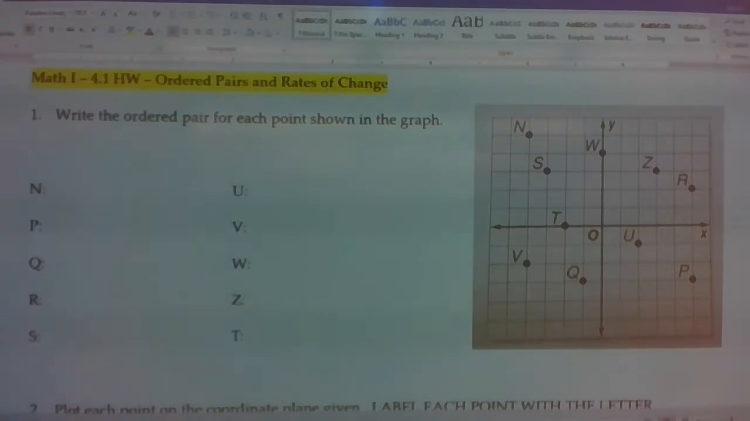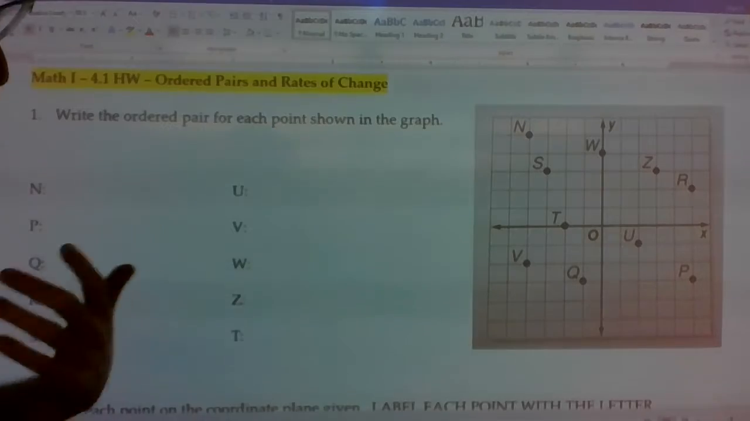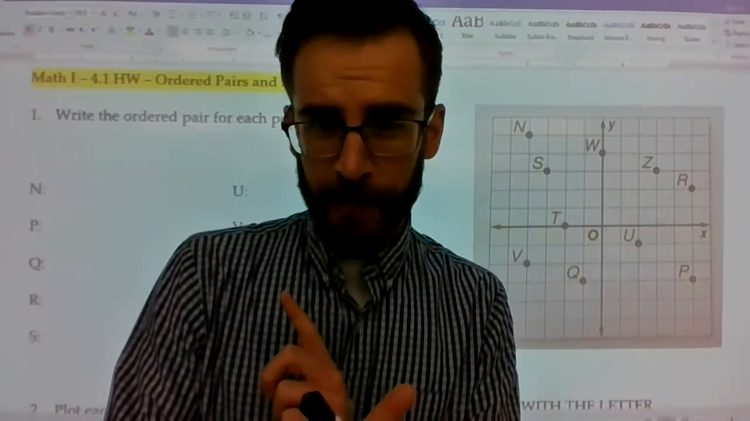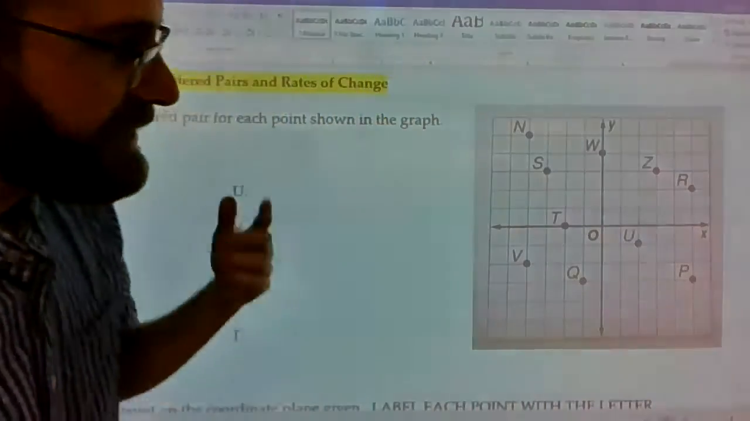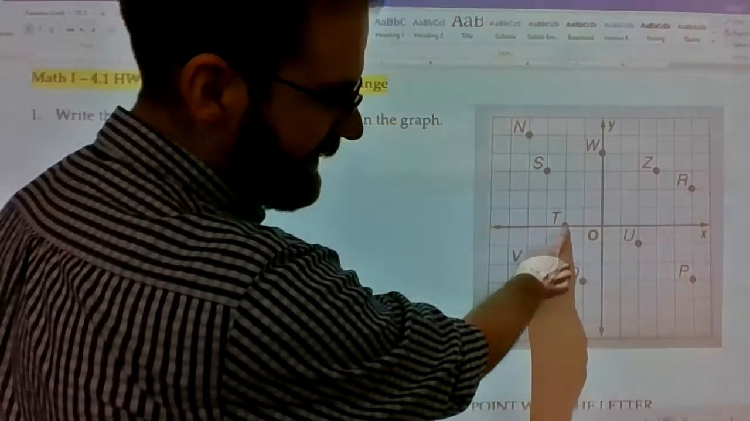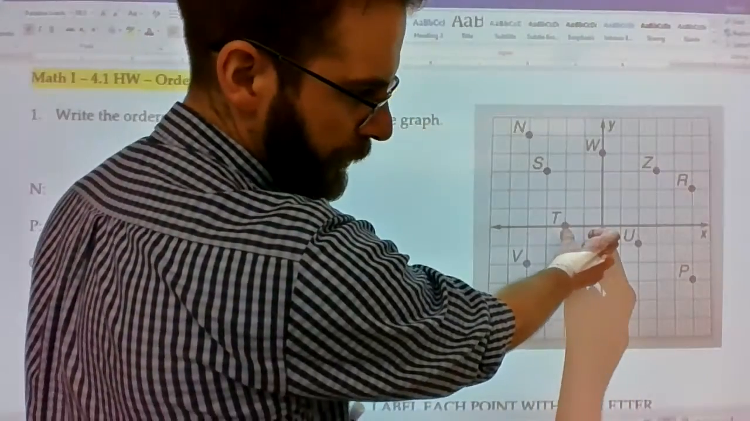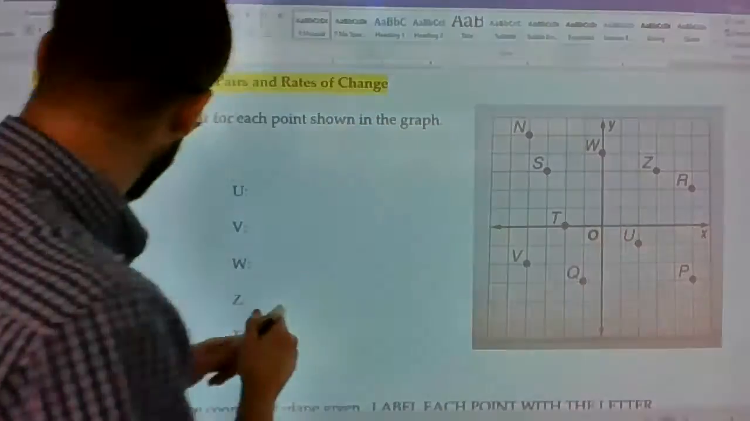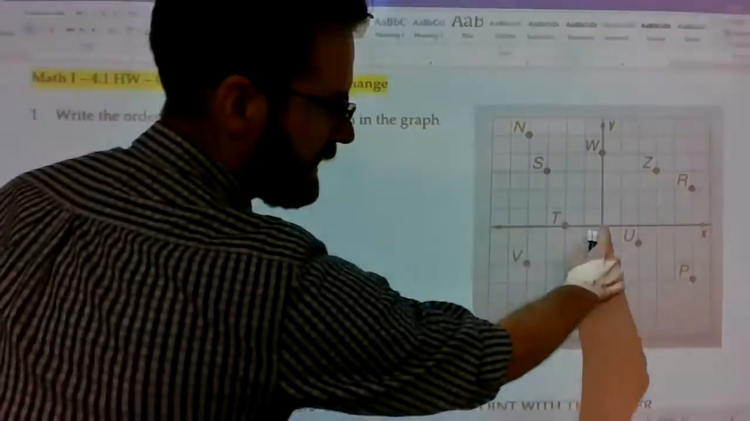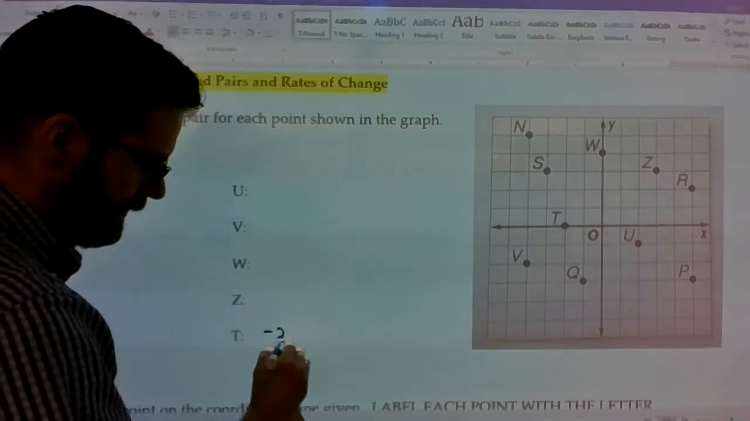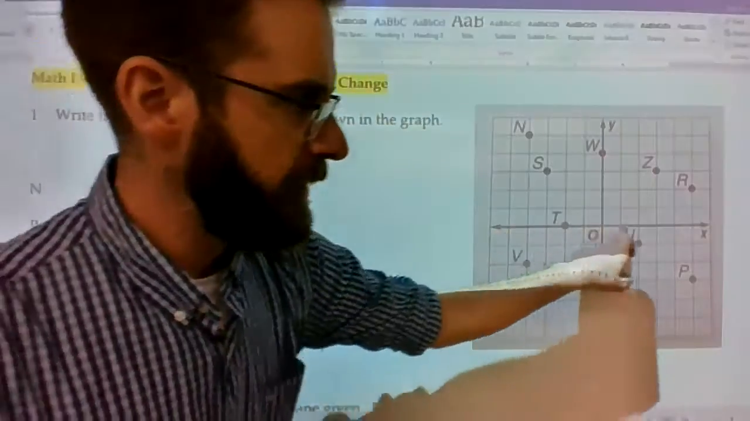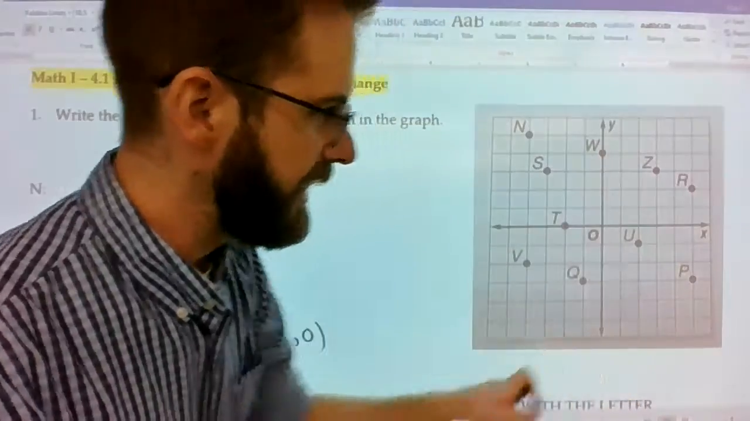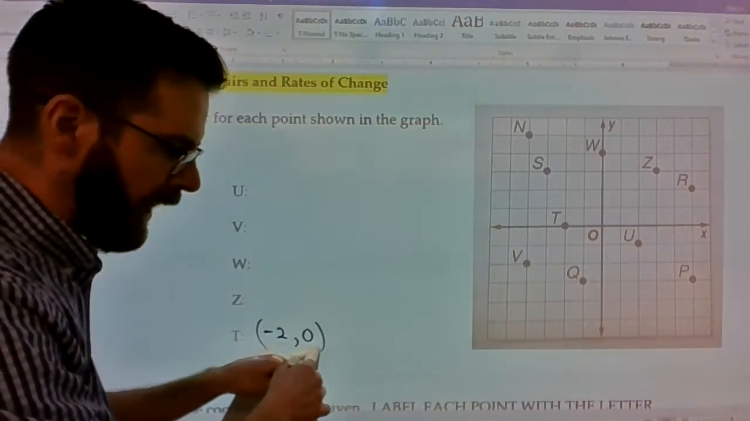Number 1, writing the ordered pairs. Let's just make sure you guys aren't reversing them, because that's honestly the biggest issue that I see most students make. I see a lot of students who will say that T is 0, -2. It's not 0, -2. T should be -2, 0. Remember, it's the x coordinate first, the y coordinate second. The x is the left, the y is the right. So,